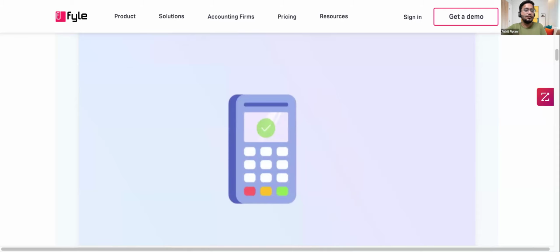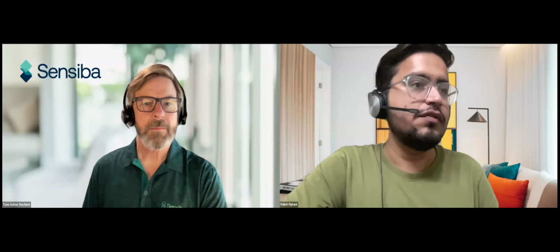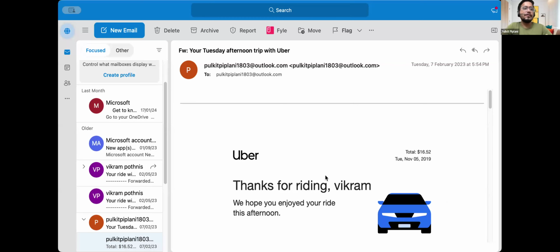Now this is just one of the ways in which we collect receipts. We actually have many more extensions, or we have embedded ourselves in a much deeper way as well. Let me just quickly pull up our Outlook extension. So we are, as I said, embedded in an ecosystem of applications that you use every day. We have extensions available in Outlook, Gmail, Slack, Microsoft Teams, Google Drive, Box.com,